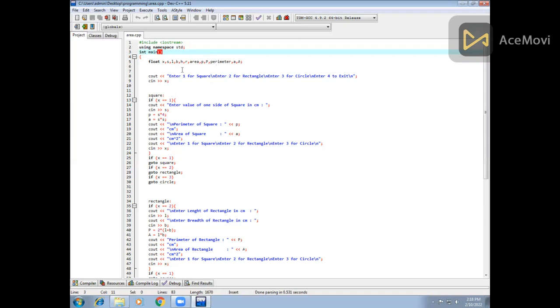Then you have to write enter 1 for square, enter 2 for rectangle. This slash n is used to go to the next line. For circle, enter 3, and 4 to exit. If you enter 1, I have defined here, if x is equal to 1, then what is going